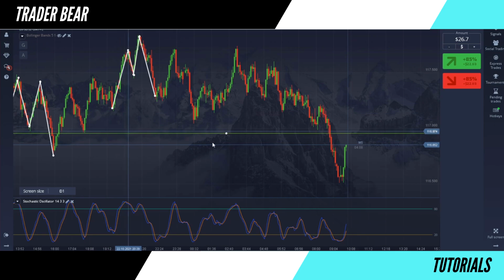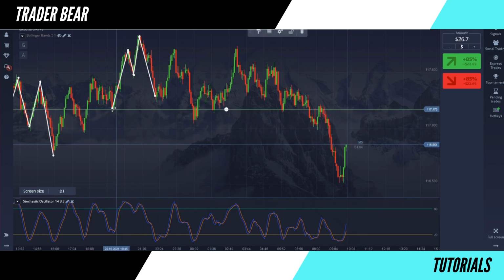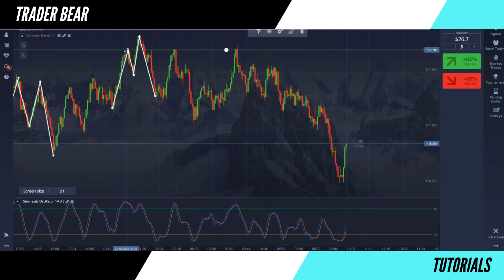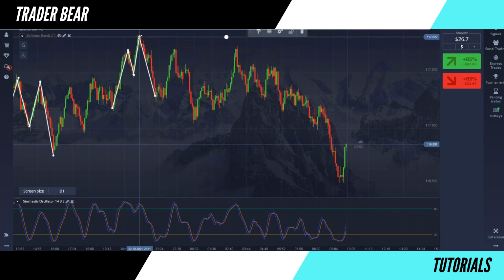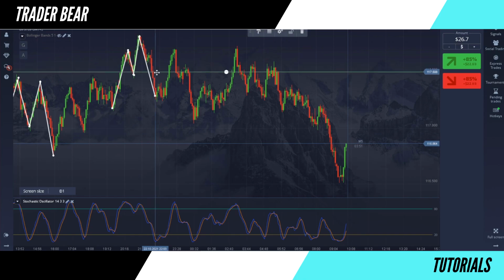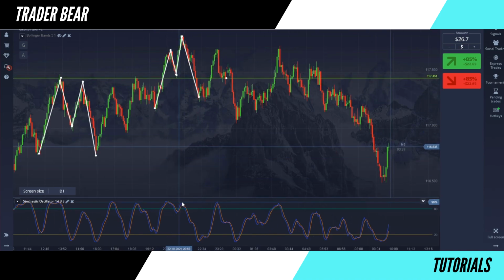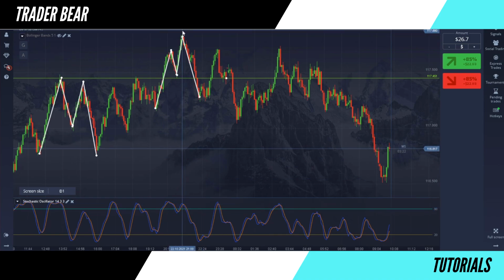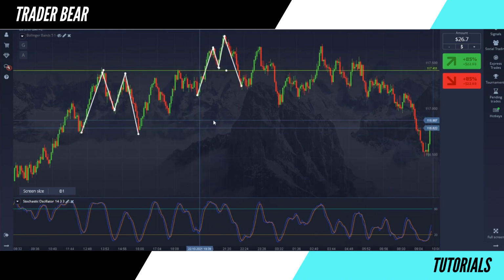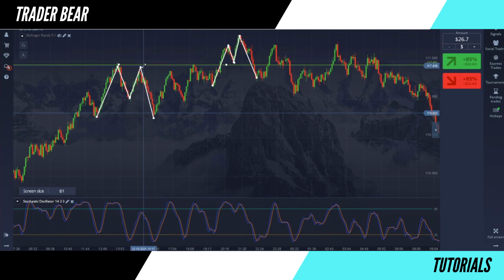Let's give you one more M example, and that is right here. This is an extended form M, and as you can see on this example, we come up, create the new high, come back down, come back to that new high, extend a little bit out of it, we'll make our way back down to break the neckline, we enter, and boom, we catch this nice drop. Pairing this again with the stochastic cross, as you guys can see, momentum shifted right here, exactly where we wanted it to shift, and looking at the next example, we got that momentum shift right here, yet again, where we